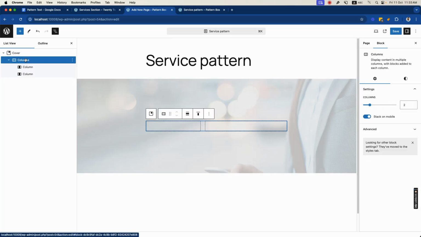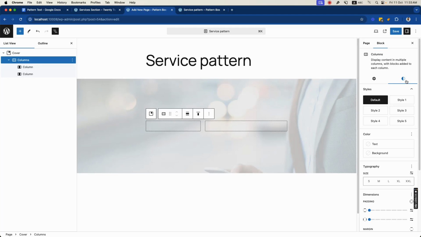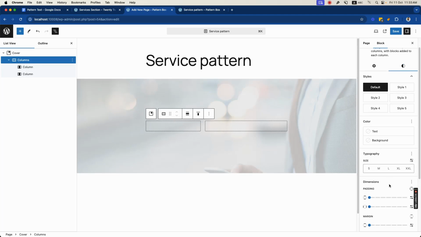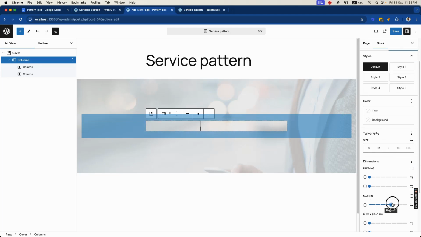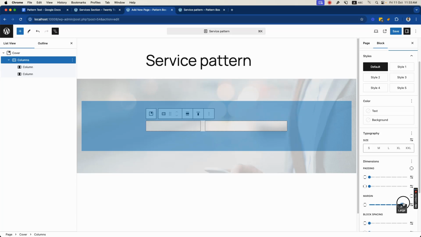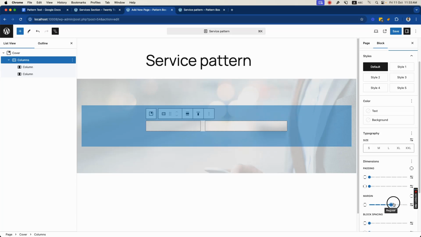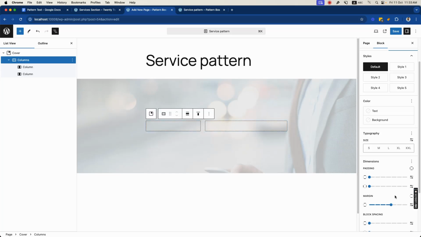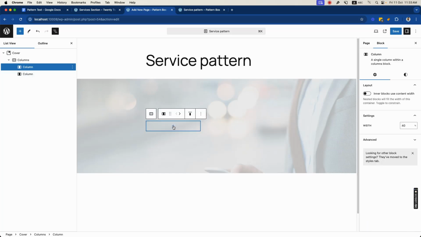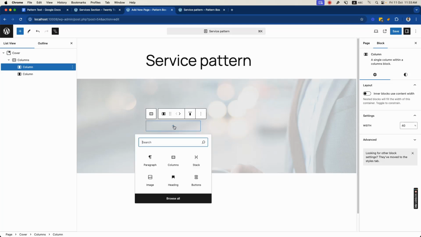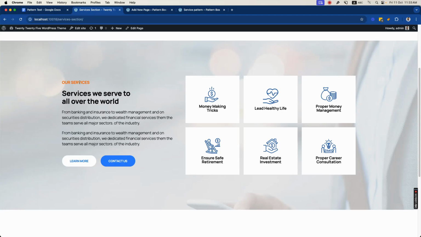In the column, we can add some margin, like if I visit the style tab, and here increase the margin here, like let's give it a regular margin. And after that, in this column, we will add our contents, like we need to add this our services